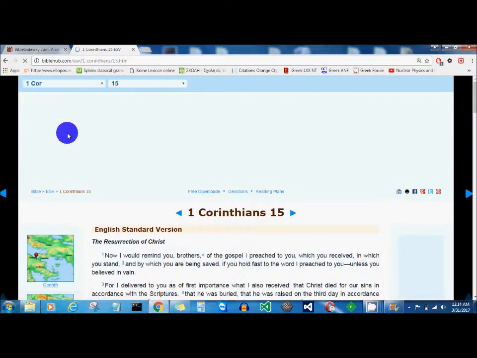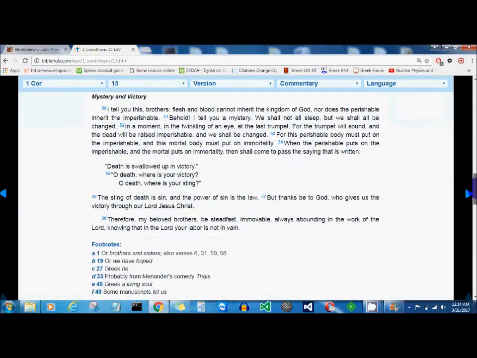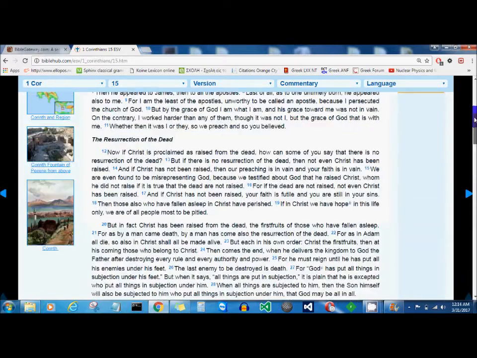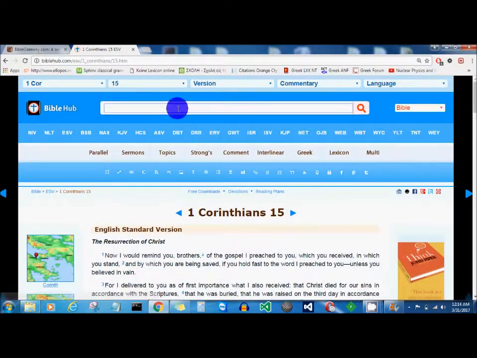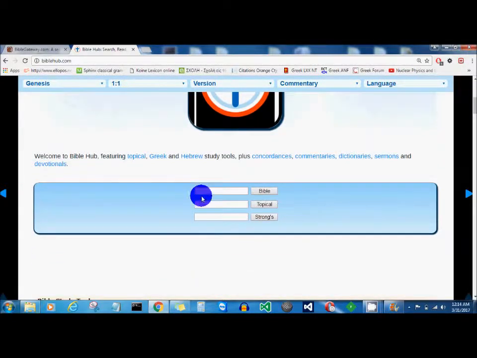So if I click on ESV, now I'm just looking at the whole chapter exclusively in ESV mode. So pretty handy. I've never really used this search here. I know if I click here, it takes me to the page where now I can click in any of these. Like if I know the Strong's number I'm looking for, 390 or whatever, I'll just type in a number there,